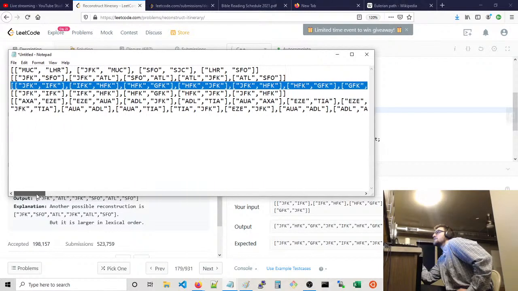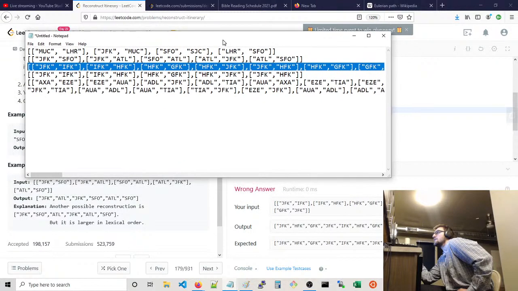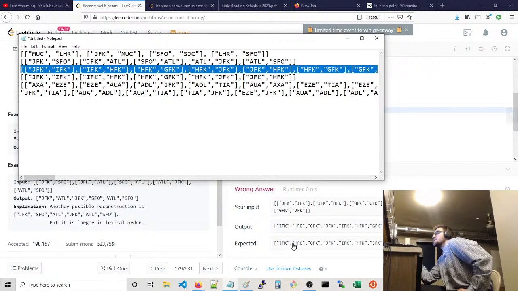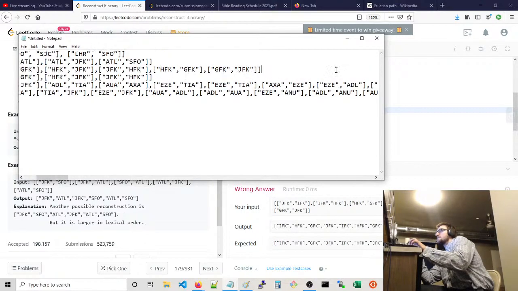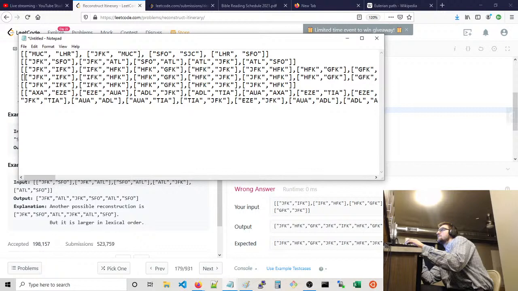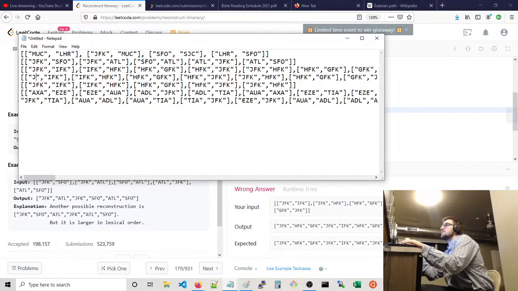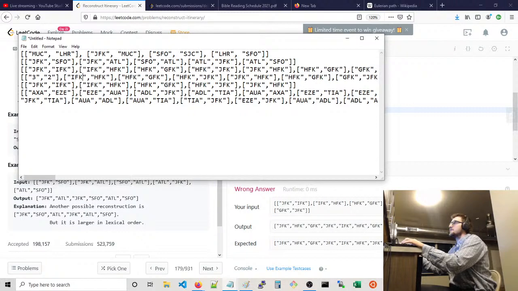So at the end here, how do we get stuck? How does that happen, right? I kind of do want to just change these to numbers altogether. We could do that. That might make things a little bit easier. So we said 3 for JFK, 2 for IFK, 1 for HFK,